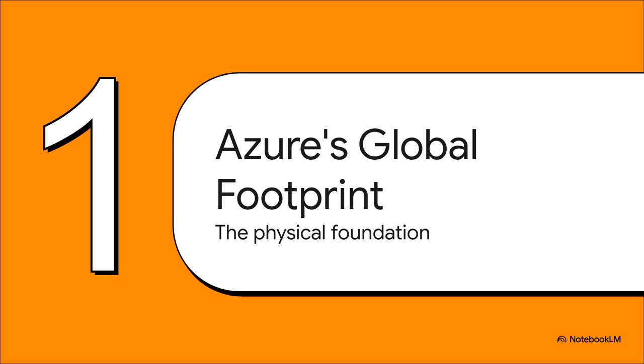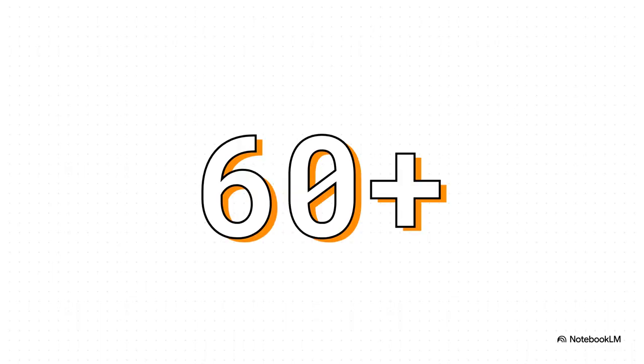Because the cloud isn't just floating in the ether. Nope. It's built on very real, very massive physical data centers, and where you place your stuff in the real world, that really, really matters. And the scale here is just huge. Azure has a presence in over 60 regions all across the globe. What this means for you is that you can put your apps and your data super close to your users wherever they are. And that means less lag, better performance, and happier customers.